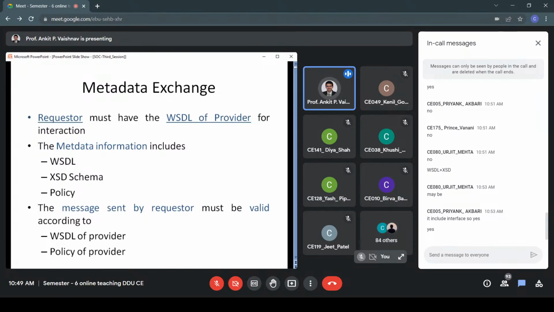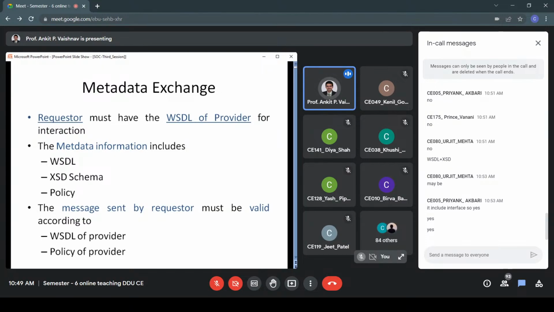But in terms of theory, what we have studied, contract is collection of these three, that is WSDL, XSD, policy, plus legal documents. Remember that? Legal docs, right? Suppose you are using that service in illegal manner, so some actions might be taken, right? So I'll ask another question. Now answer that. Can I say that metadata is a subset of contract? According to theory, don't think in terms of WCF, right?